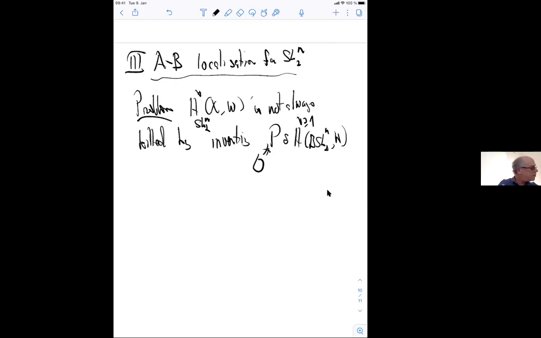All right, so what's the theorem? Here's the basic proposition. It's by no means the full answer. It's just some examples or some types. So let's take G to be SL2 to the N and take X an SL2 homogeneous space